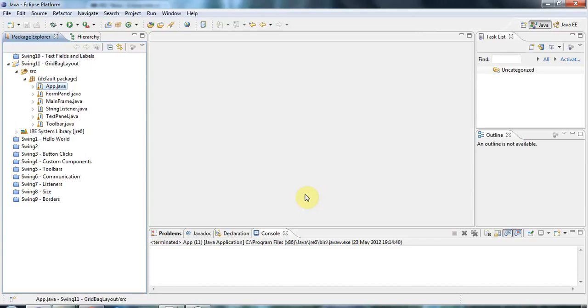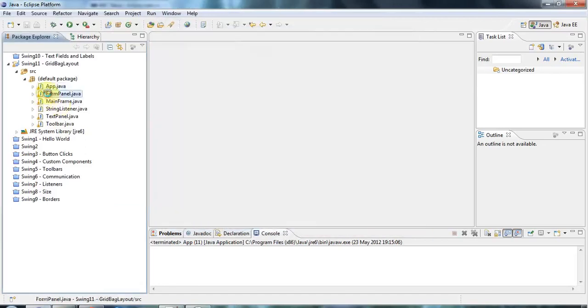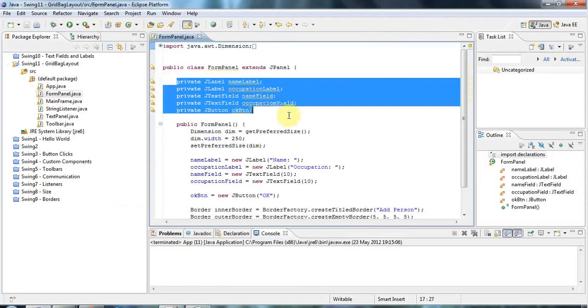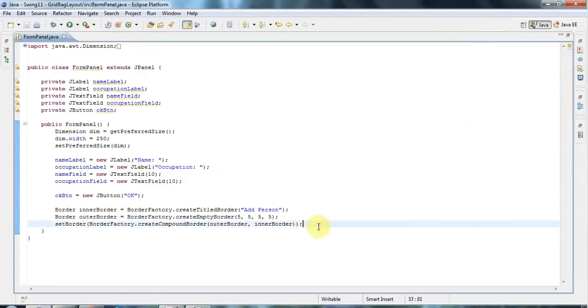Hello, this is John from caveofprogramming.com, and in this tutorial we're going to look at GridBagLayout, which is a layout manager. In the last tutorial I created this little program, and in this panel here, called Form Panel, I've given it some text fields and labels which I now want to add to the panel. To do that I'm going to use the most powerful but also perhaps the trickiest of